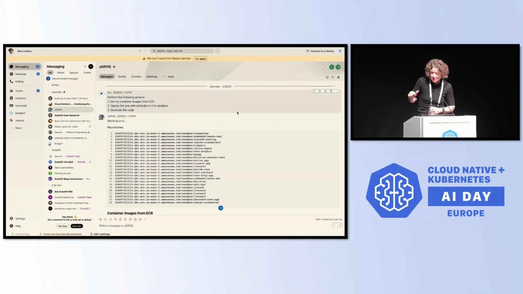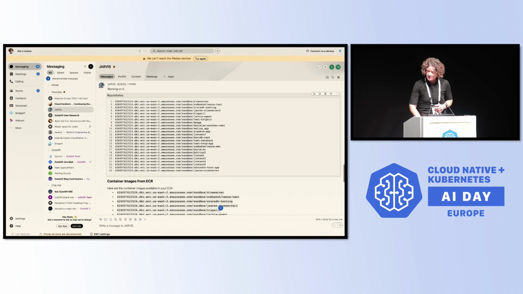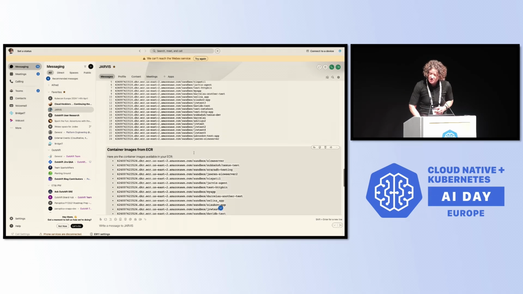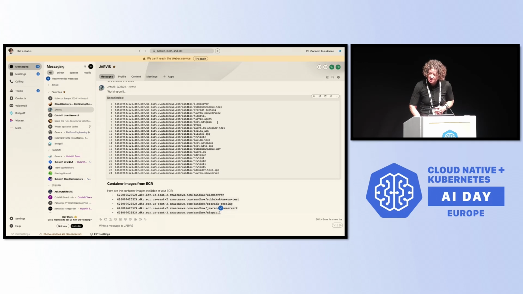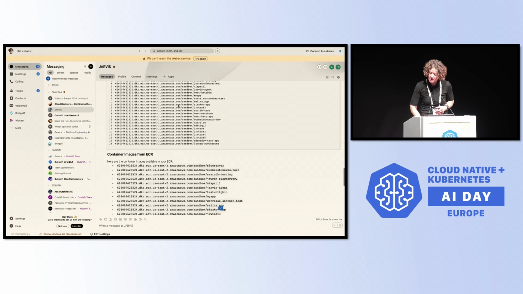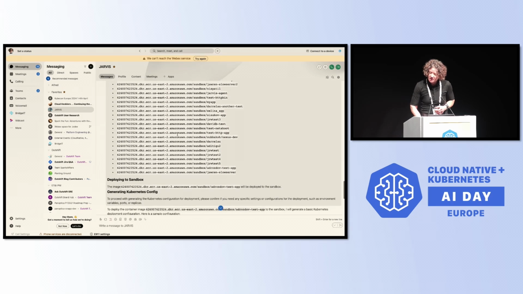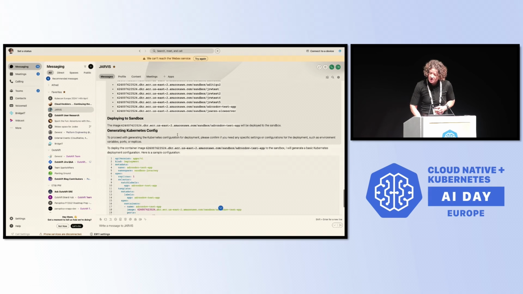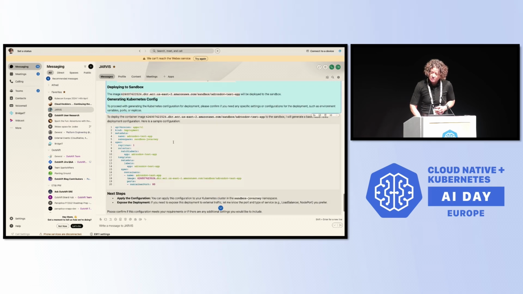And then I could even say, step 4 and step 5, please open up a repository and then open up a pull request for that repo. So it goes off and fetches all of the containers and works out which one matches what she was asking for. That one. So it finds all of the images and then generates some code for me.